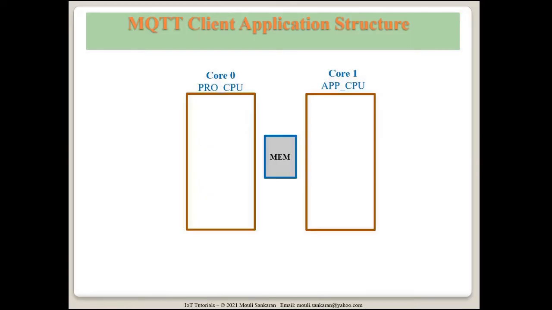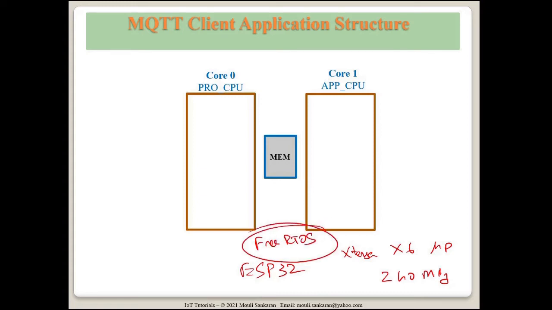Now, before I go and show you the application demo, as you are aware, the ESP32 has 2 cores. This is an extension of the Xtensa microprocessor running at 240 megahertz. Both the cores are running in parallel, and it already has FreeRTOS ported onto this board. So there is a task mechanism wherein you can decide to have a task run specifically on a particular core.